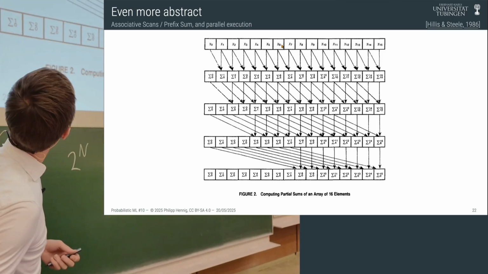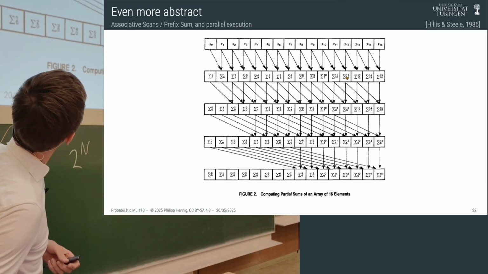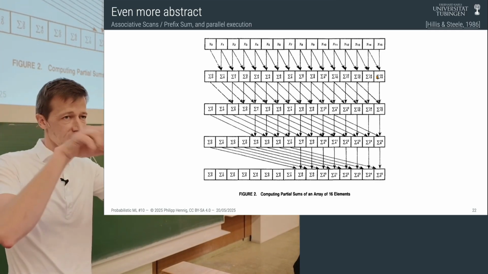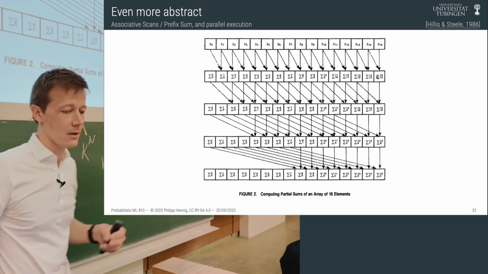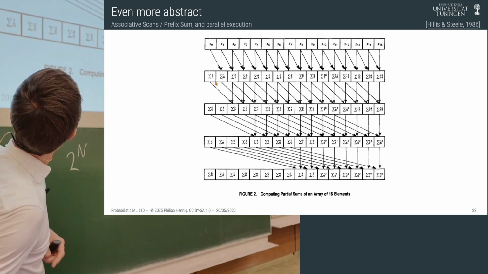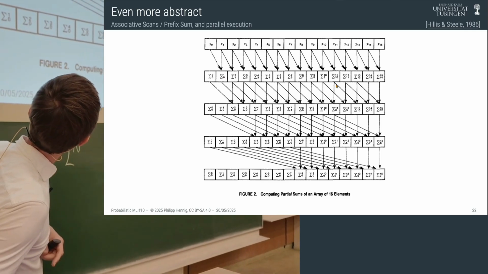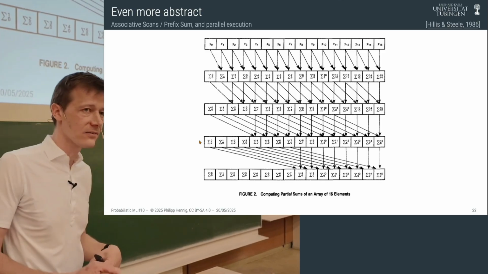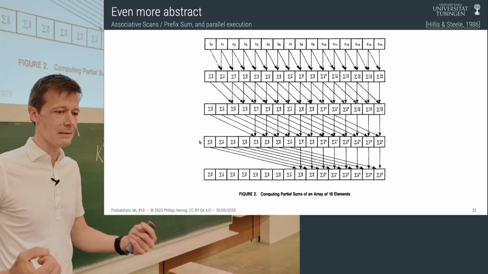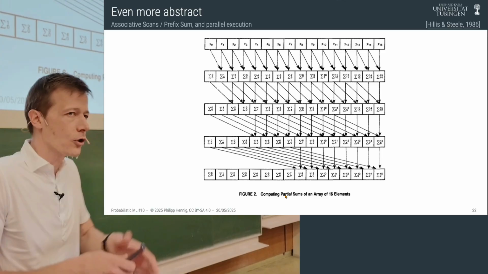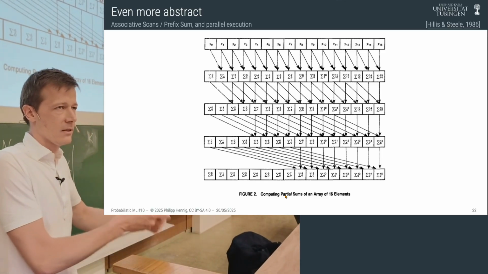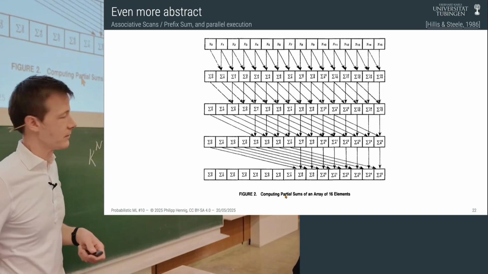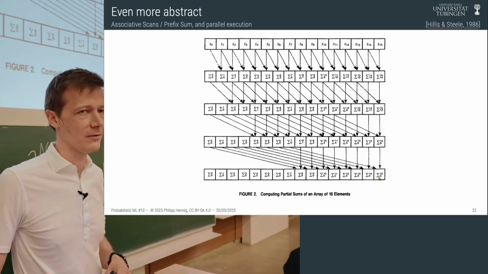And then we know that we have half of the summands already locally collected, right? And now we only have half as many things that we need to sum up. Then we go in parallel through these half as many things and always take the one more bit to it that we haven't added yet, which you can do in parallel again with the same number of threads. Do that again and again, and after logarithmically many steps in the size of the array, we have all the sums together. So in particular here at the end, we now have the correct sum over everything.